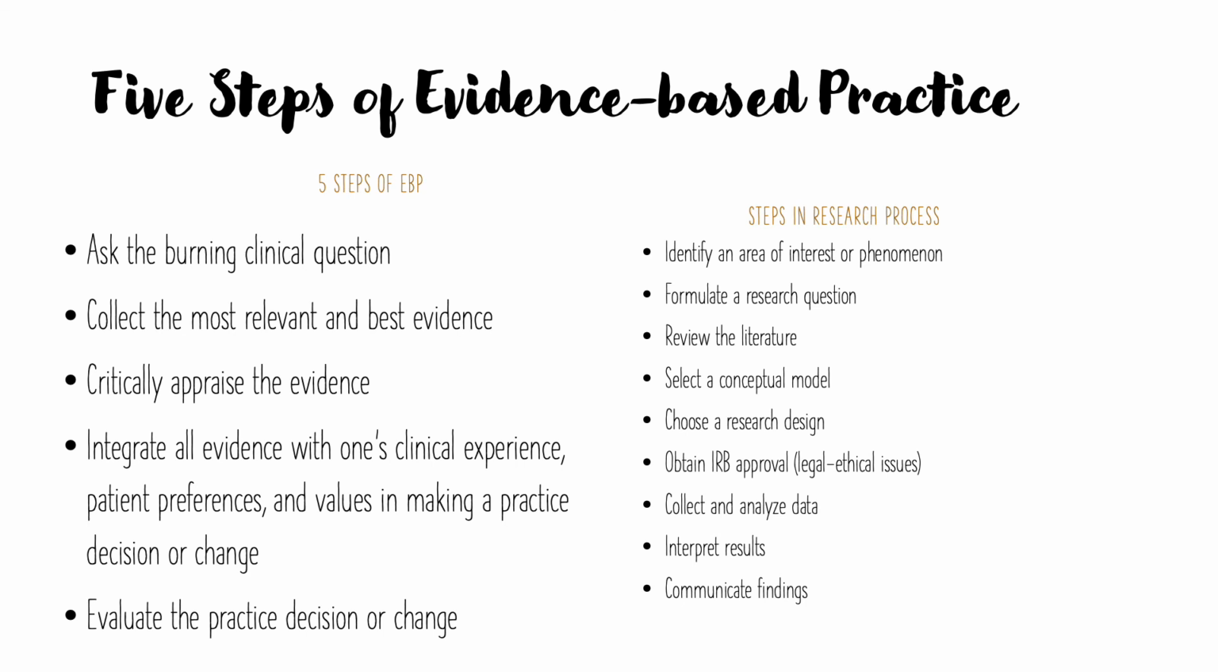The research process is a little bit more detailed because you have to identify an area of interest or a phenomenon, and we previously talked about the phenomenon. We formulate a research question. We then review the literature, select a conceptual model, choose a research design, obtain IRB approval, and next week you will be doing your ethics training, which is a city course. You will collect and analyze data, then you will interpret the results, and you will communicate the findings in writing. This was a very quick overview of some of what we will be covering this semester. We will go into more detail as we move through the